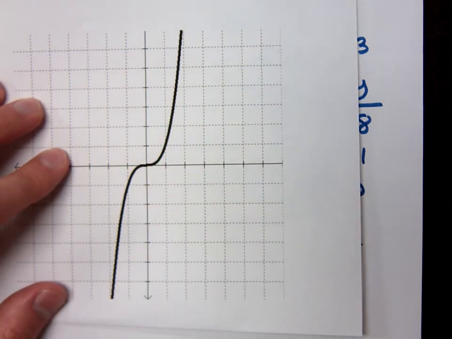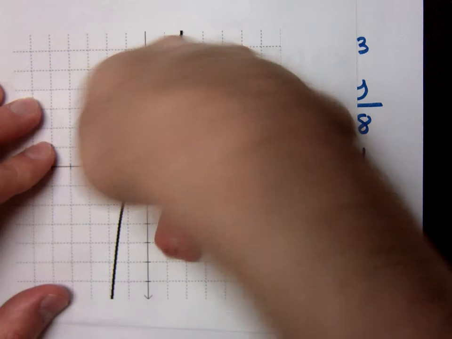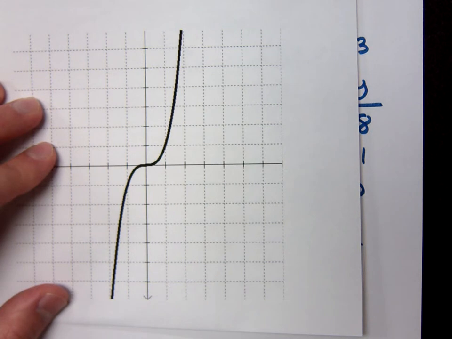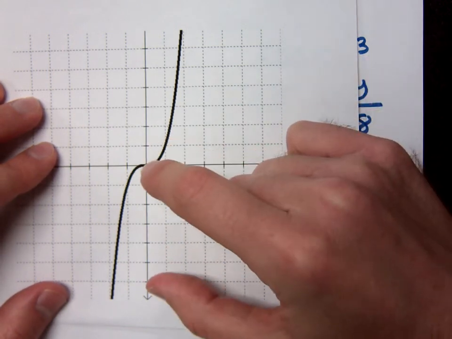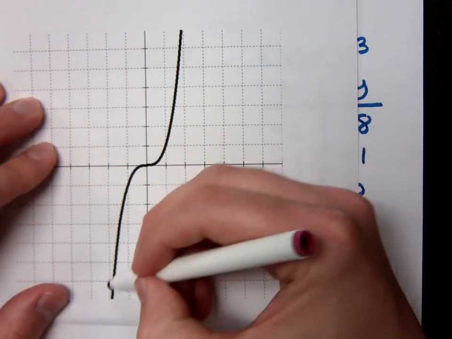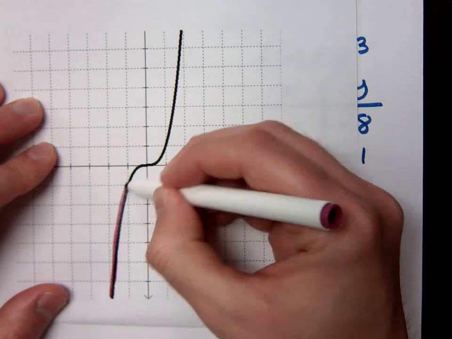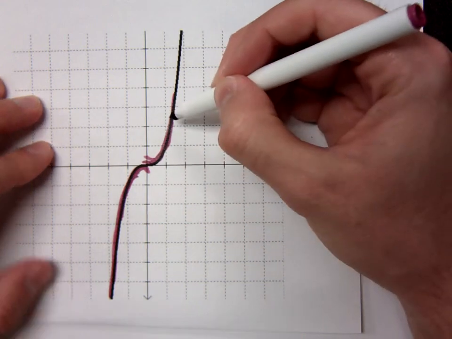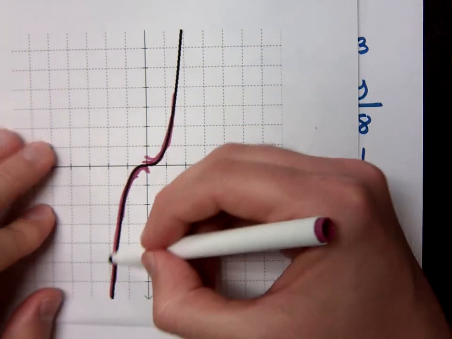This guy has symmetry. But it doesn't have symmetry about a line. It has symmetry about the origin. If you can twist things 180 degrees about the origin, and it still looks exactly the same, it's what we call origin symmetry. Does it have a vertex? It doesn't have a vertex. What you're going to find out with the cubing function, this point right here, notice if you kept going here on this part, it looks like it's opening down like this. But then this part has this open up curve like that. Where it changes from curving down to curving up,